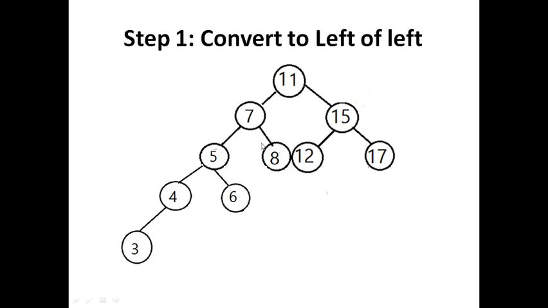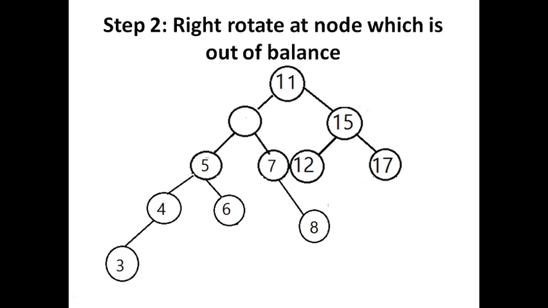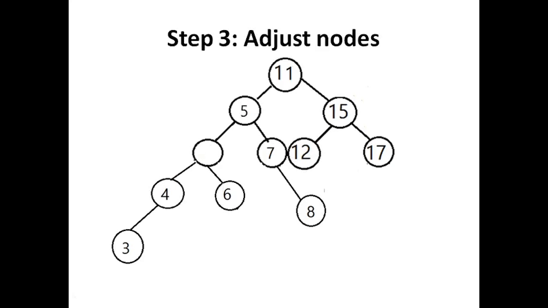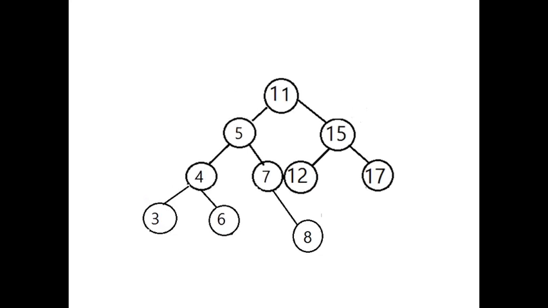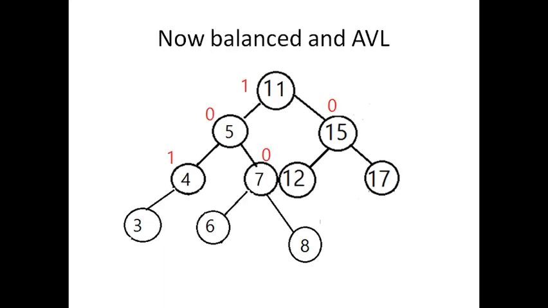So we have to do something to balance it, and the step is simply rotating right. So we have to rotate all the nodes up to 7 towards the right side, which will result in this modification. So step 1, and then we are pushing all the nodes like this. So it has become like this. And now if you recalculate the balance factor, it has to be within that range of 0, 1 or -1. So it's now a balanced AVL.